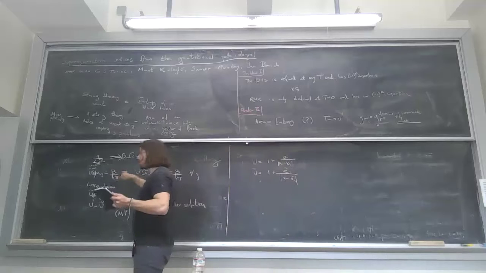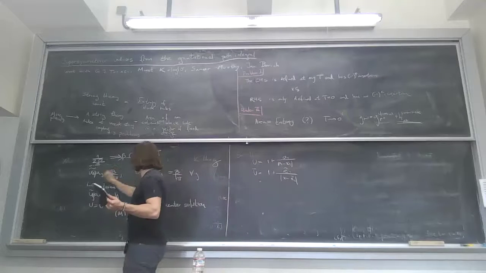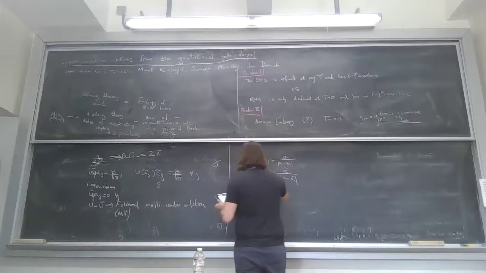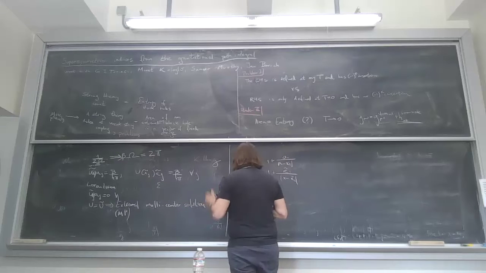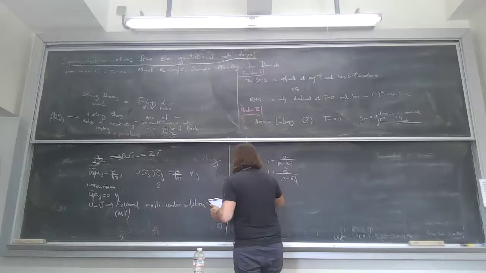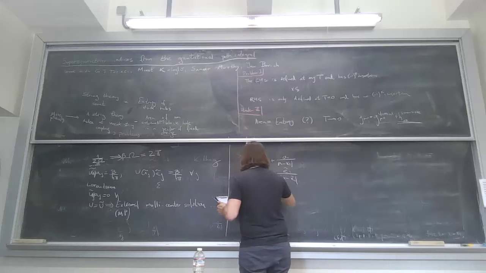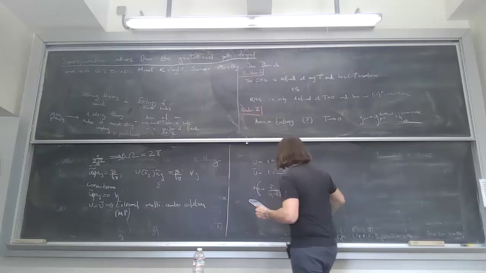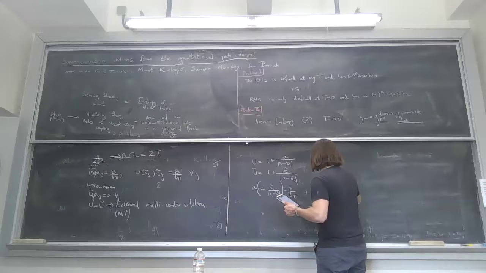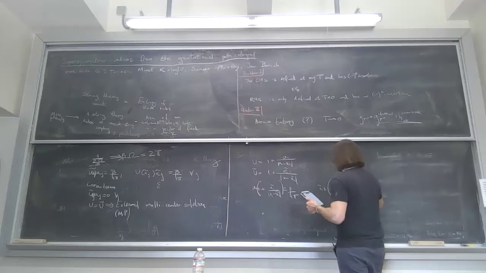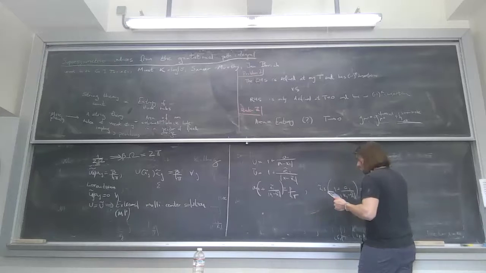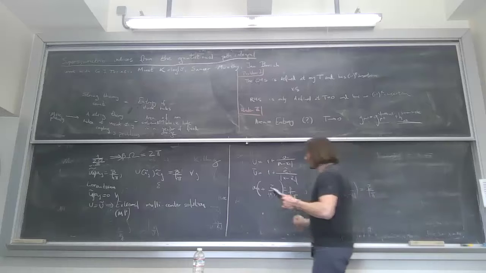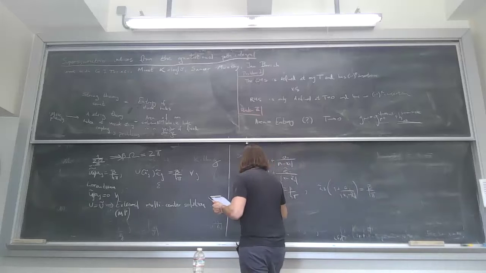There's only two constraints, right? Because this applies for any j, but j only runs from 1 to 1. The constraint looks like A1 times 1 plus A1 tilde over x1 minus x tilde 1 is equal to beta over 4 pi. The other constraint looks almost the same: A tilde 1 times 1 plus A1 over x1 minus x tilde 1 is also equal to beta over 4 pi. From here, you can see that A1 is equal to A1 tilde.